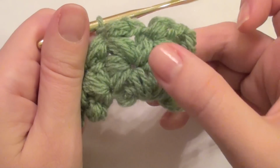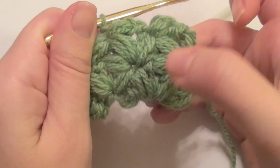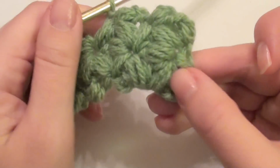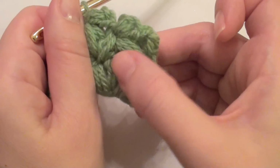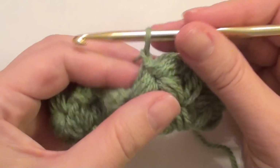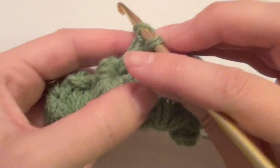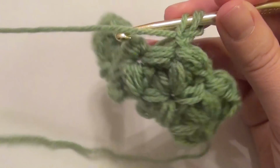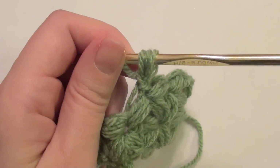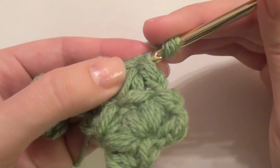Okay, if you can see it, here's your little Jasmine Star Stitch. There's 5 petals, and you're getting your next 5 petals coming up. This end does have a 5, 1, 2, 3, 4, 5, but because it's the end, it stops. So you're going to pull up 1 in that chain 1, 2, 3,